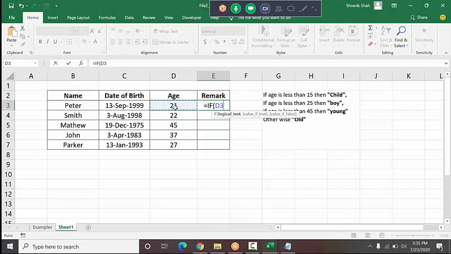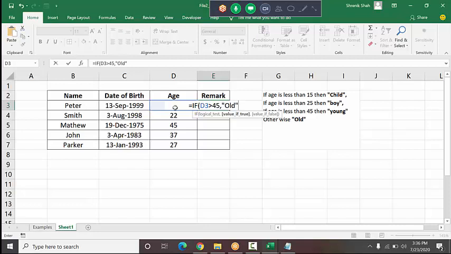I check the value: if it is greater than 45, then only I type old. So if anyone is doing this along with me, then please comment yes, and I suggest you do this after the session.